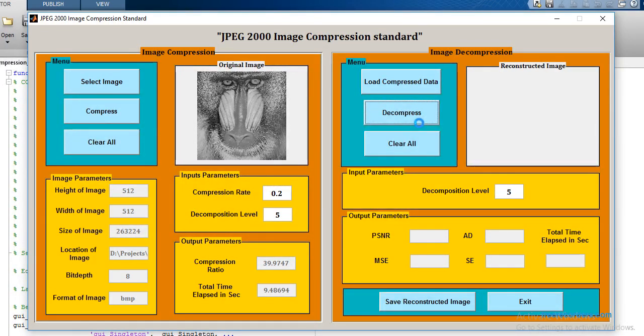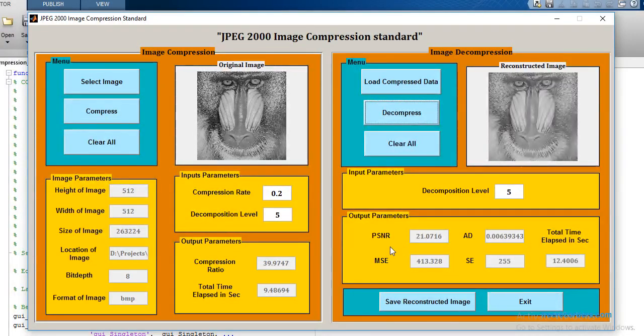It will take a few seconds for decompression, and these are the various output parameters: PSNR, then MSE. I'm getting the value of PSNR equal to 21.07. The value of MSE that I'm getting is equal to 413.328. The value of average difference that I am getting is equal to 0.0063.